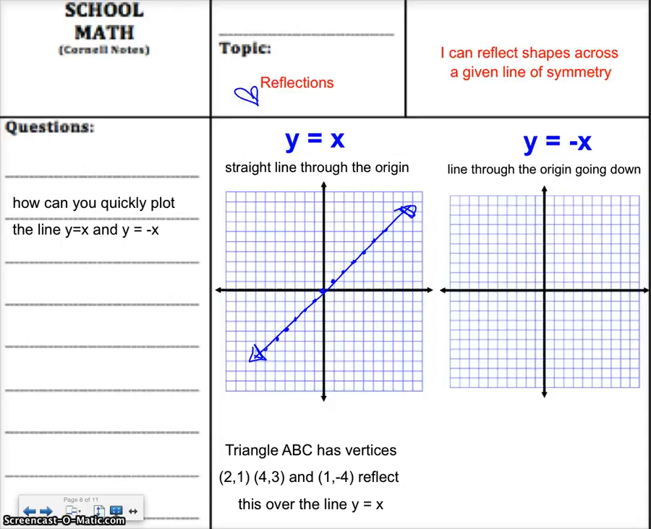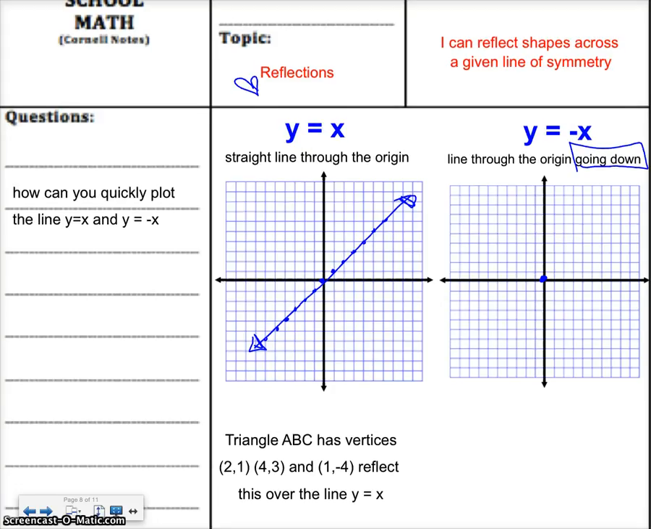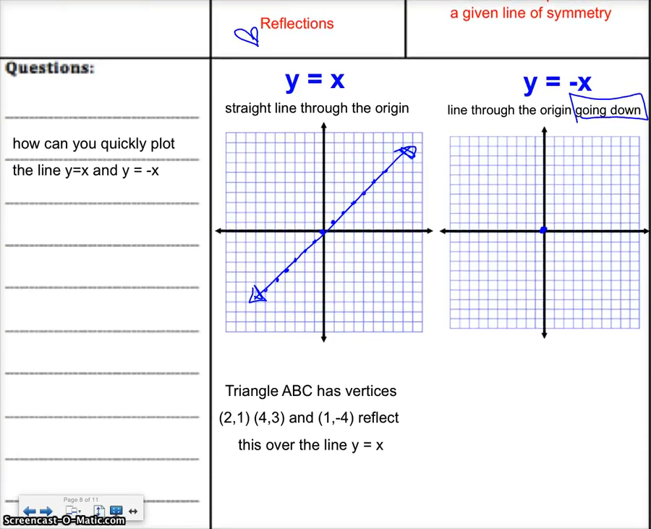Y equals negative x is a line through the origin that goes down. So it's falling down. I always start at the origin. And then if you're confused on where to put your first dot before you get in the zone of the pattern, I would say, okay, well, if x is 1, then y would be negative 1. If x is 2, y would be negative 2. And now I feel confident with the diagonal that I am making. Then in the other direction, if x is negative 1, then y is going to be positive 1. And you can go along that diagonal,